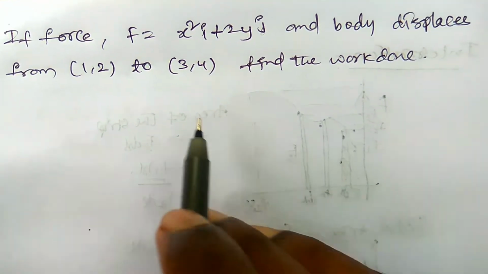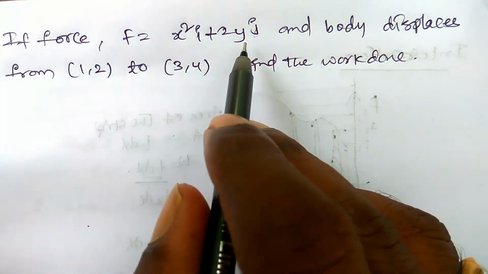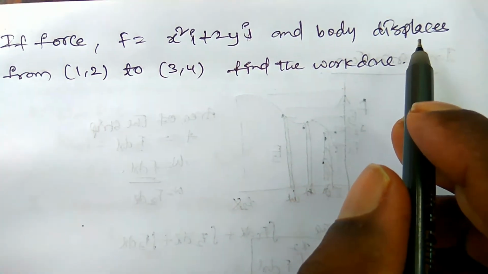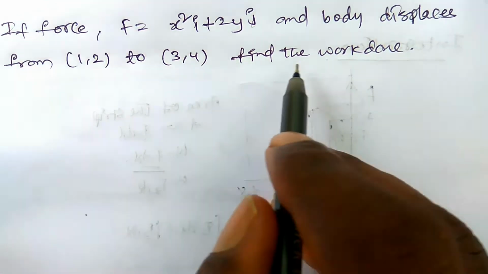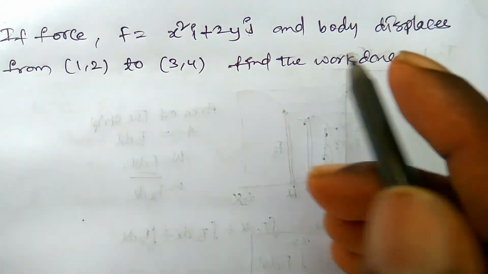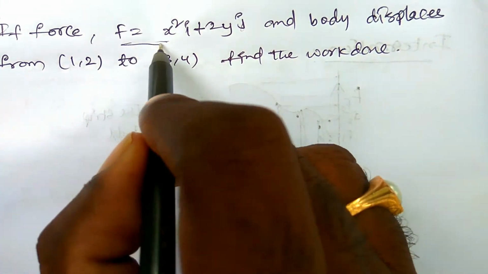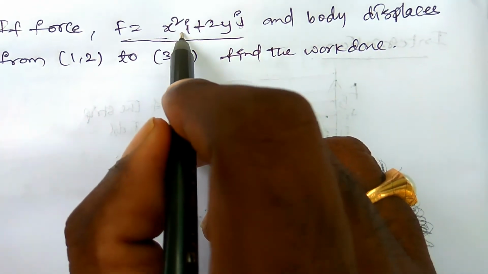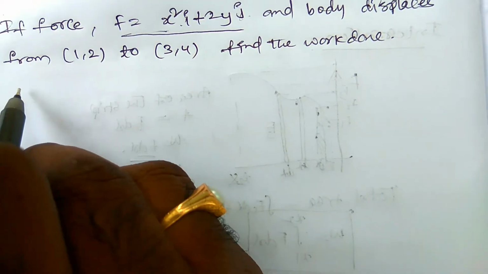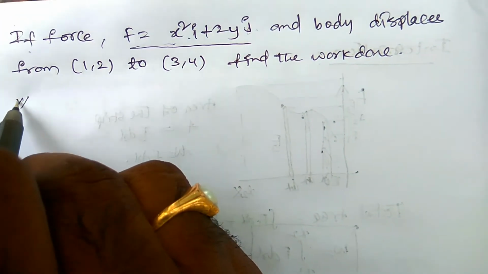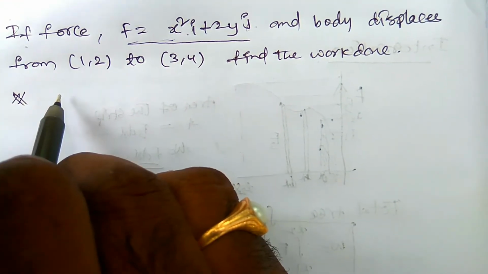Okay, and one more example you have to see by another formula. Here the other model is: if force F is equal to x square i plus 2y j, and the body displaces from 1 comma 2 to 3 comma 4, find the work done. So here you have to observe the force is in both directions, that is the x and y directions. Okay, in these cases, if the force is in both x and y directions, then